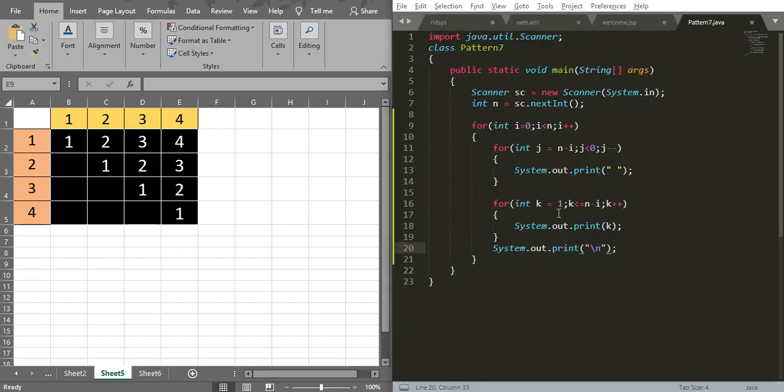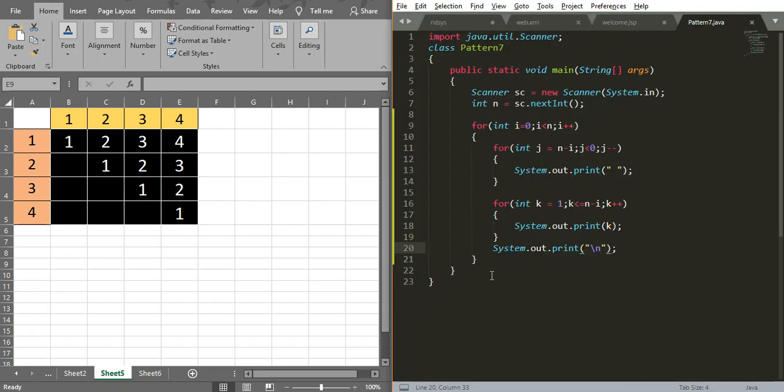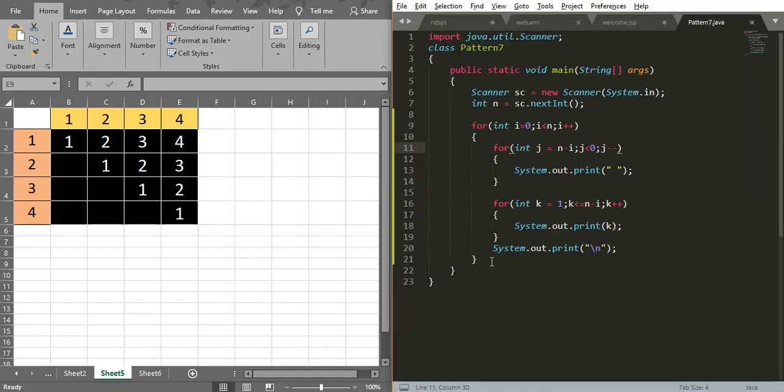It is printing 1 to 3 4. Here the space is being neglected, so I have made some mistake in my program. Let us correct it.